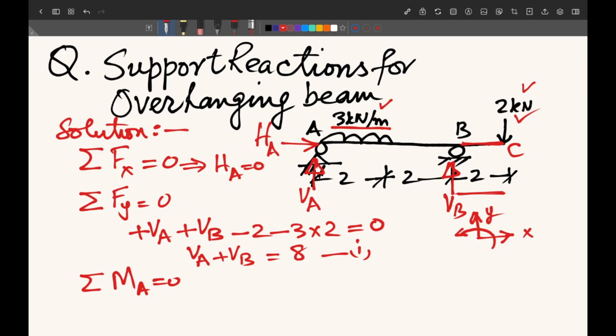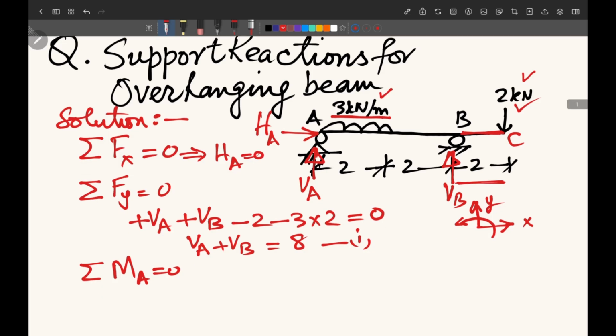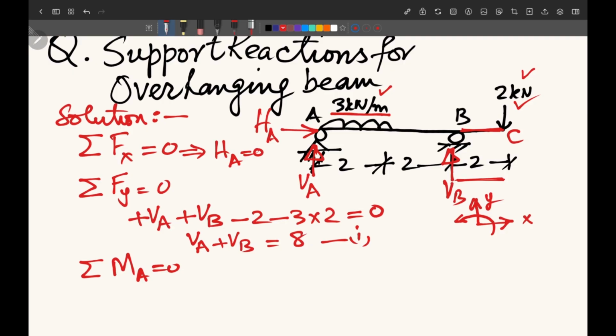So they will not have any moment. VA will be automatically removed, eliminated. So VB will give you the moment, and 2 kilonewton will give you some moment, and this UDL will give you the moment. So we start with this extreme